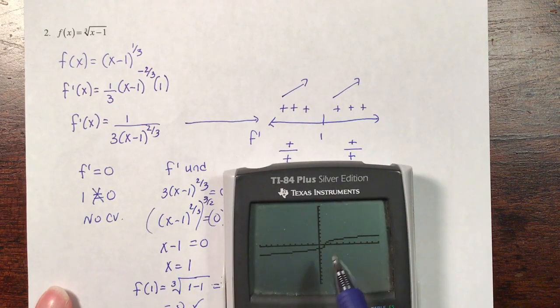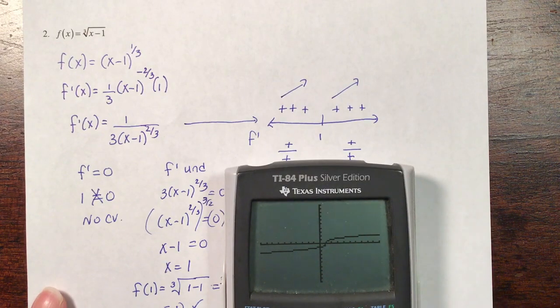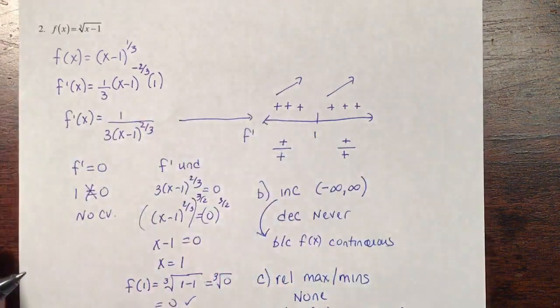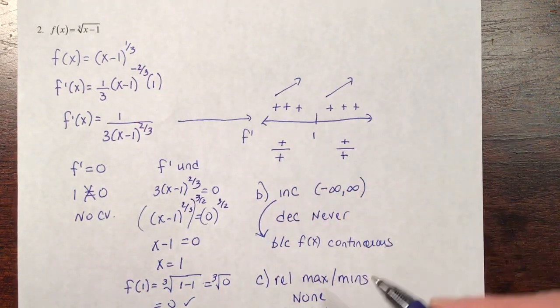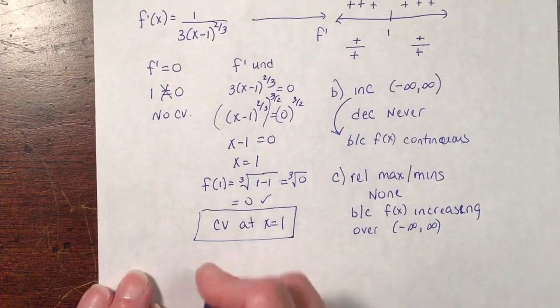It's increasing over the entire domain. Okay, there's no asymptotes or anything like that. And our function has no maxes or mins. It has no turning points. Okay, and that's all we're doing is we're just analyzing our number line and coming up with the answers to the question. One quick note I want to make to all of you: